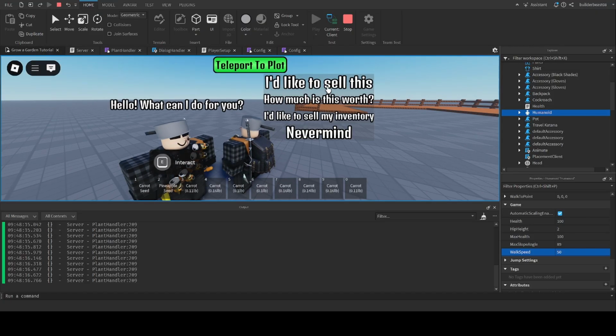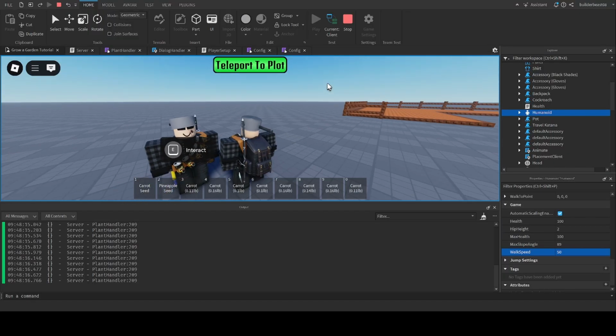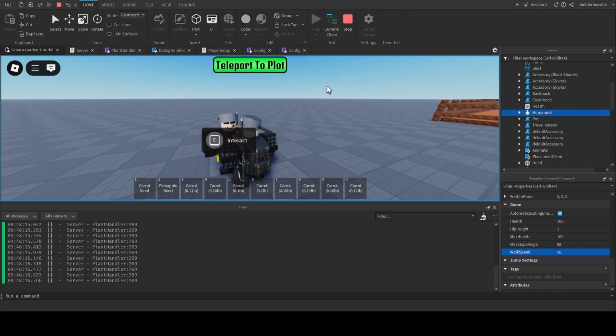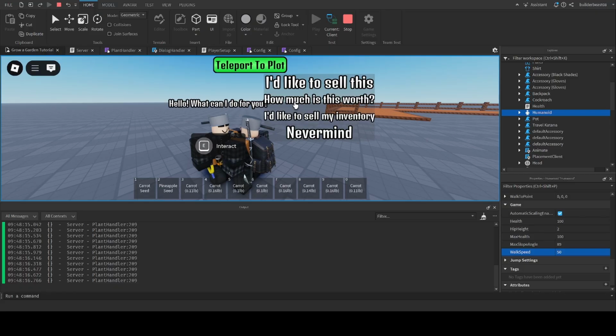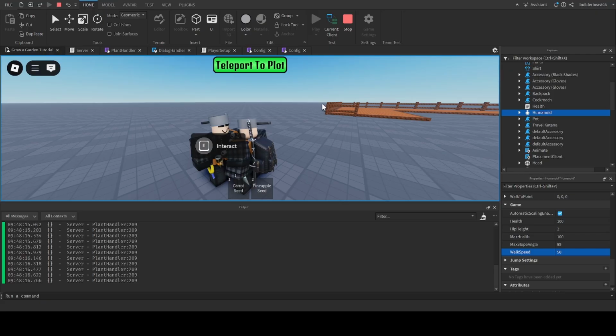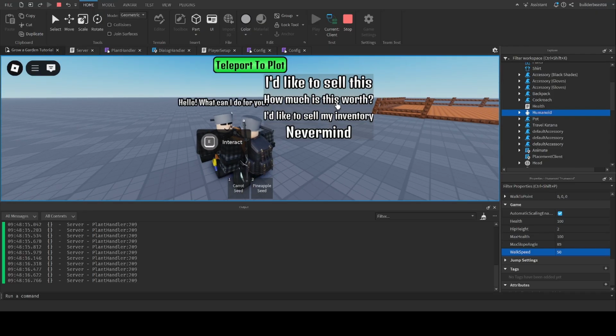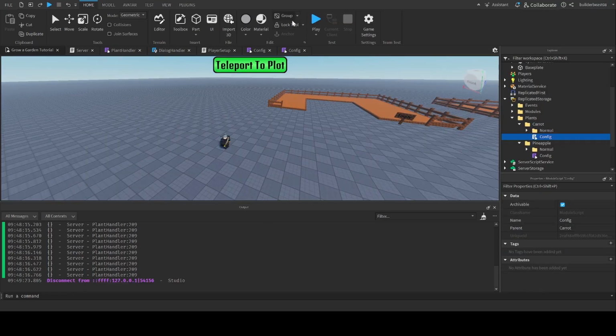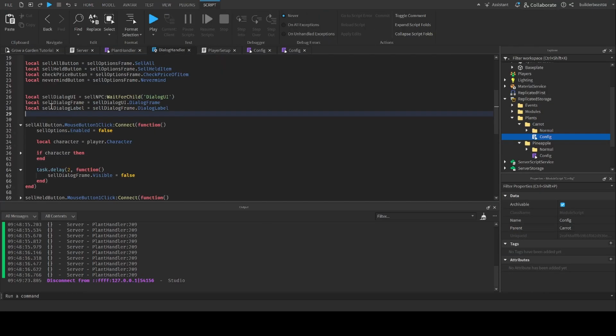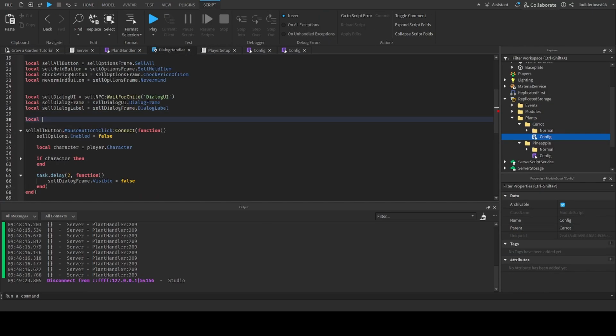See, I'd like to see that. Okay, oh, I see what's happening. So it's delaying it. Nothing to sell. It's making it so that if you keep on doing this, look, it'll constantly be making it disappear. To fix that, okay, I have an idea. Local sell dialog can close